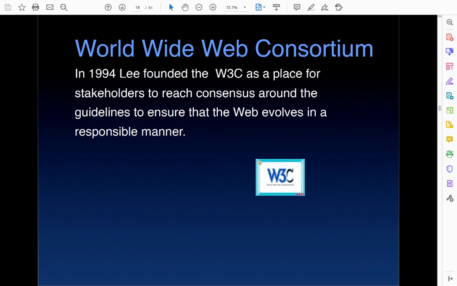lead the World Wide Web Consortium. This is the place that kind of makes sure to set the guidelines related to HTML and now CSS as well, and that those standards are followed. And by setting those standards and keeping that consistency, the whole world can communicate one with another. So it's a very important thing that's been done. It's a very good thing.